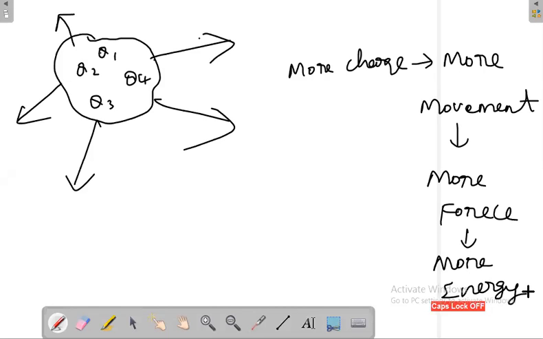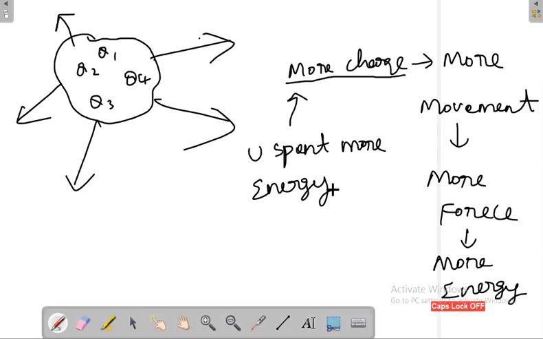Okay, number of charges, but more charges, it is not that easy to bring many charges here. You have to spend a lot of energy to bring more charges together. You have already spent a lot of energy. That energy you will get in return. To bring more charge, you have spent more energy. So in return, you are getting more energy from the charges. That means energy can neither be created nor be destroyed.